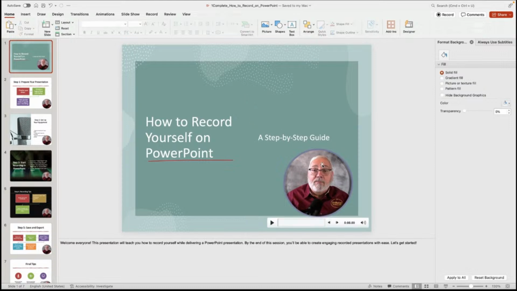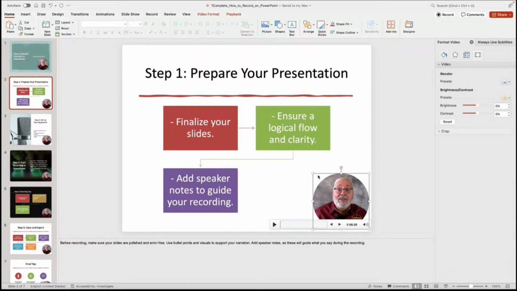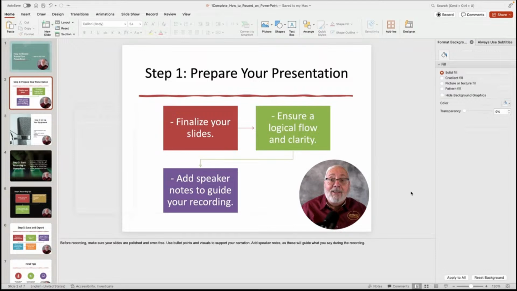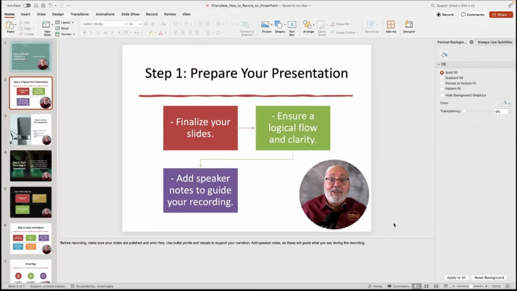Now, as I said, the big thing is to get yourself in the right place. So here, I'm in probably the right place. I could make myself a little bit bigger. I recommend holding the shift down when you do this so that you increase both sides. And you can play this. So you can see how they look at each one.